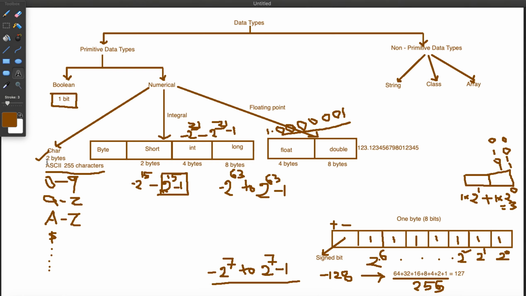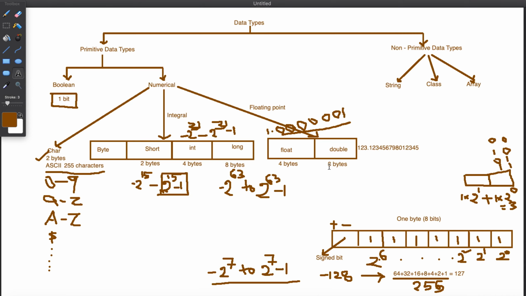For character, it takes 2 bytes to store the character data type, and for a byte it goes from -128 to 127, which is 255 values, and for a short it goes -2 power 15 to 2 power 15 minus 1, and for an int -2 power 31 to 2 power 31 minus 1, whereas for a long it is minus 2 power 63 to 2 power 63 minus 1, and for a float it goes up to 6 or 7 decimals.